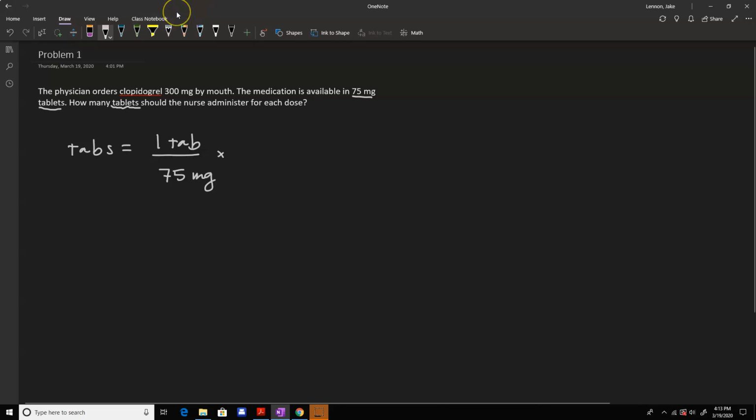I need tablets to be on top. The first thing I'm looking for is tablets, and because it's the only unit I want, it needs to be on the top of my fraction. Then I just need to cancel out this milligrams, and if I can do that, then tablets will be the only unit left. So I look for milligrams in the problem, and I have 300 milligrams. What that means is that there are 300 milligrams